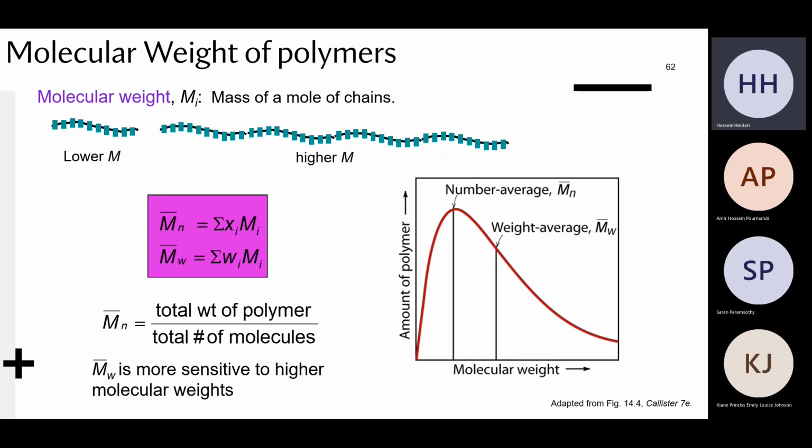Sorry, I still don't understand, what does the number average represent? For example, if we want the average weight, we take the weight average. But what does the number average represent? Each of these are an average. So these do represent an average, but physically, is that what you're asking?